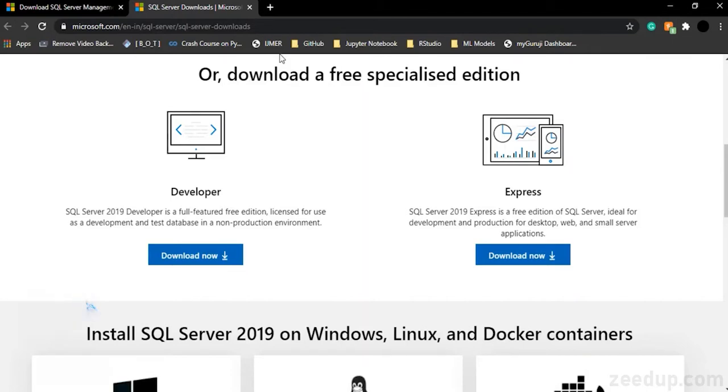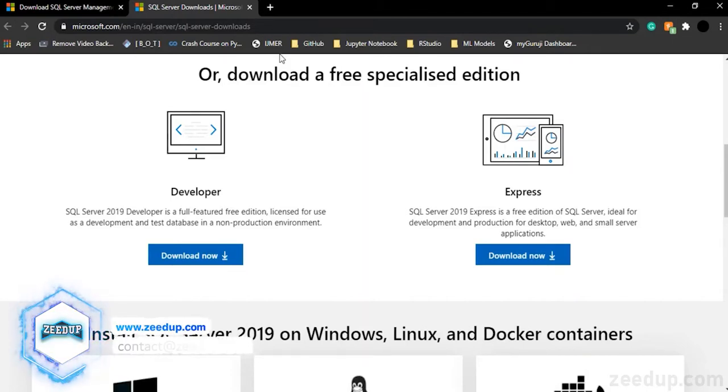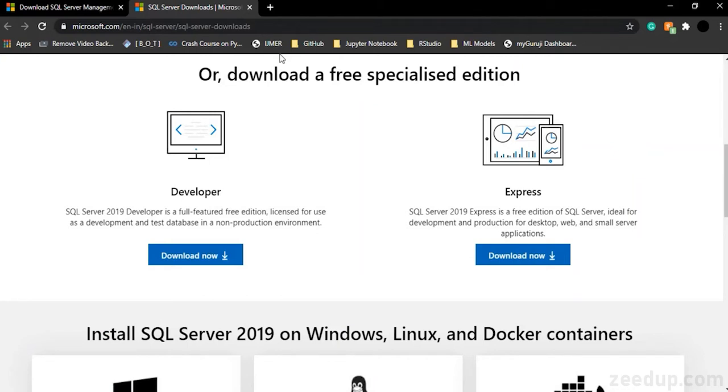In this SQL tutorial video, we are going to see how we can download SQL onto our PC. For that purpose, you need to download two things. First of all, you need to download MS SQL Server onto your PC, and then you need to download the SQL Server Management Studio. These are the two things that you need to download, and both of them are available on Microsoft's